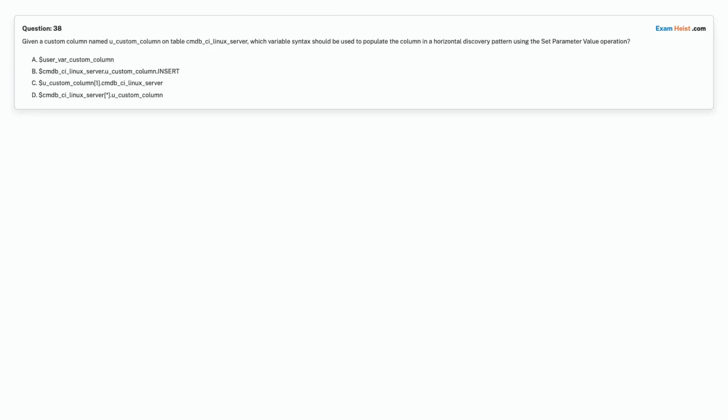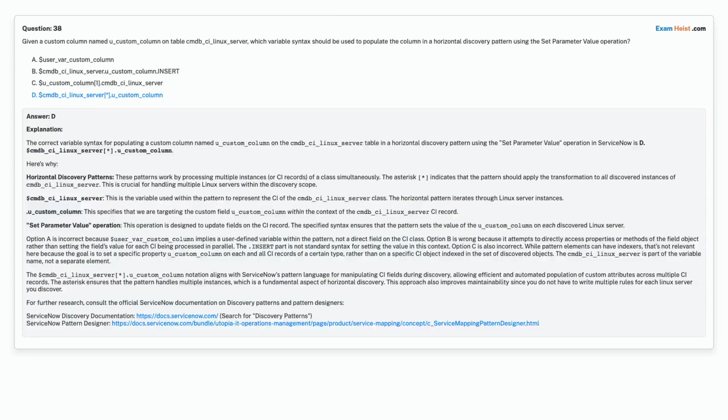Option C, $u_custom_column. Option D, $cmdb_ci_linux_server.*.u_custom_column. Choose the correct answer. Correct answer is option D, $cmdb_ci_linux_server.*.u_custom_column.